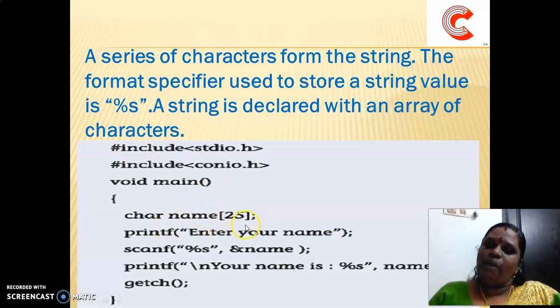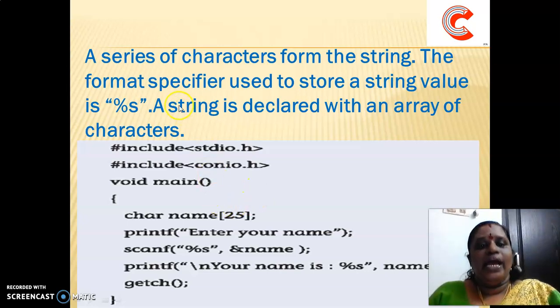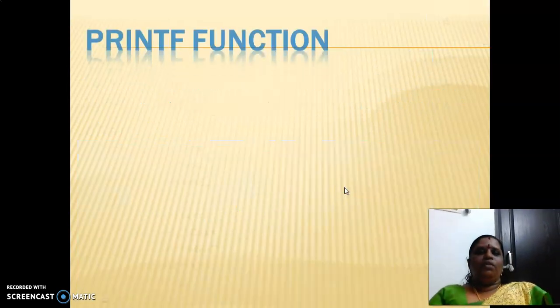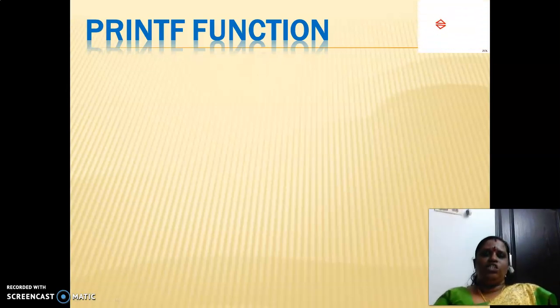Here the maximum we are having is 25. So be specific while declaring the string. This is the syntax for declaring the string: char, name, and the array size, up to which the maximum number of characters you can store in the name. Got it?